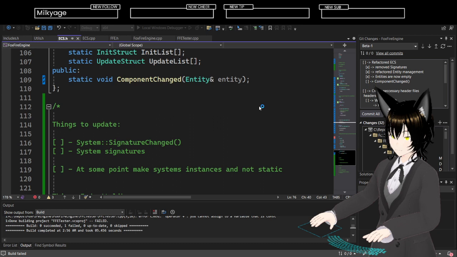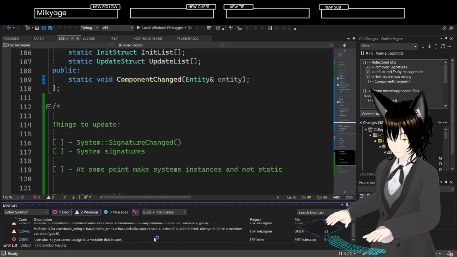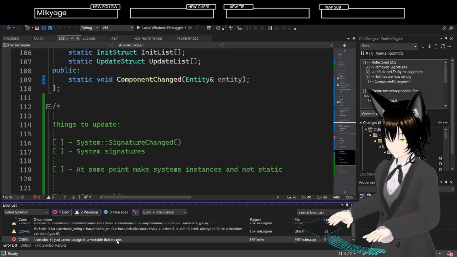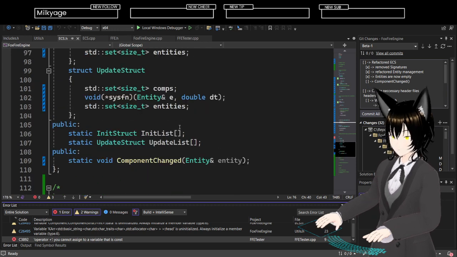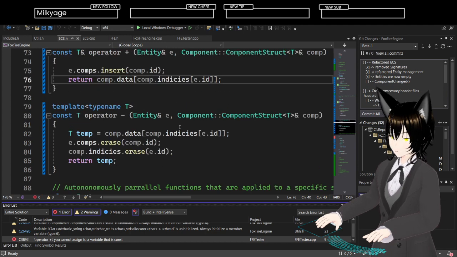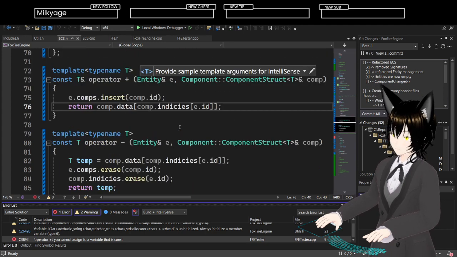Still going to fail. Not assigning to a variable that is const. Oh, what is const? What is being const? Comp data.